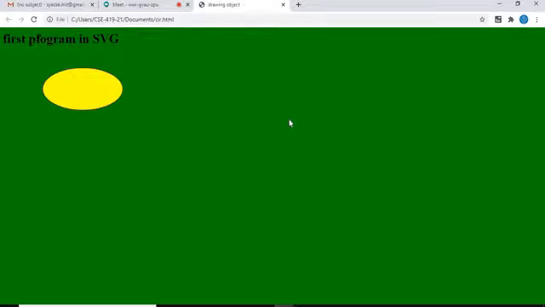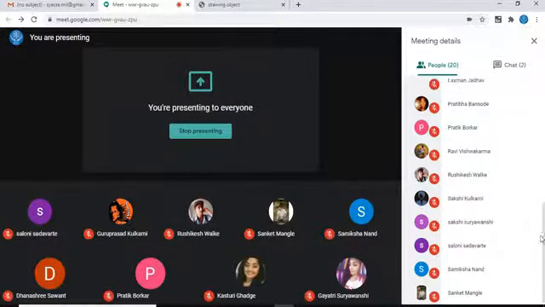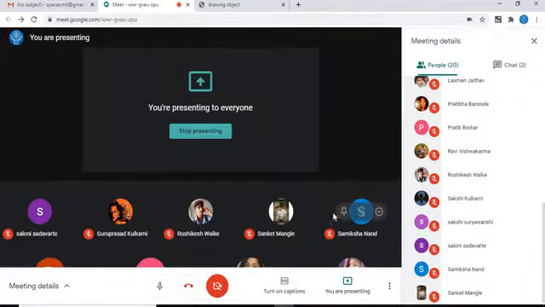As we know, SVG stands for scalable vector graphics, and it has some specific styles to add into the web page if required. So this is how we can add a graphics object in JavaScript.